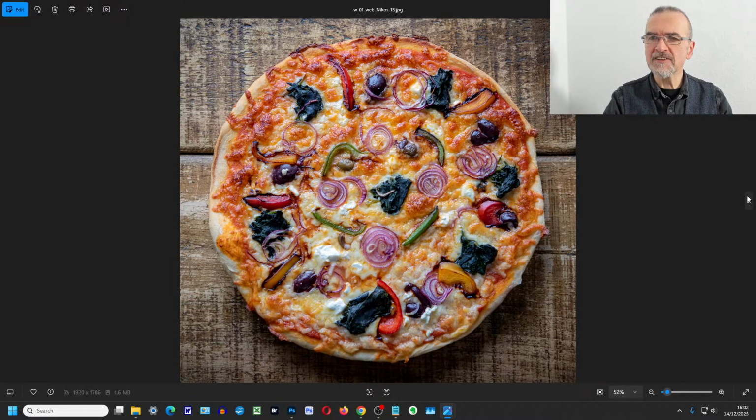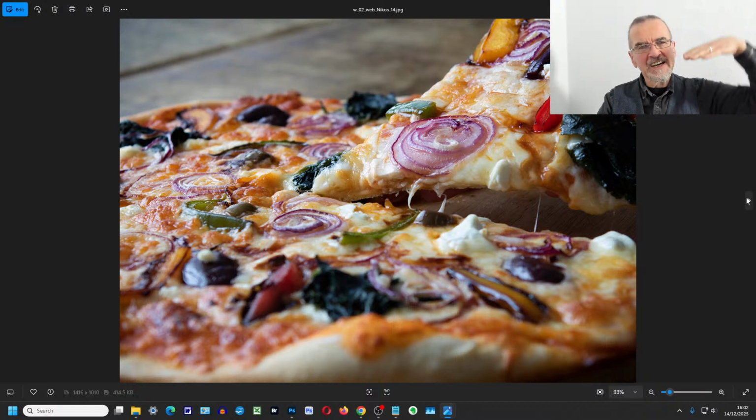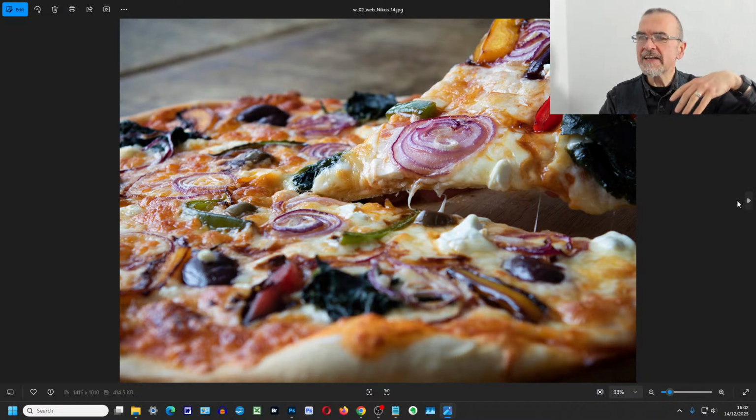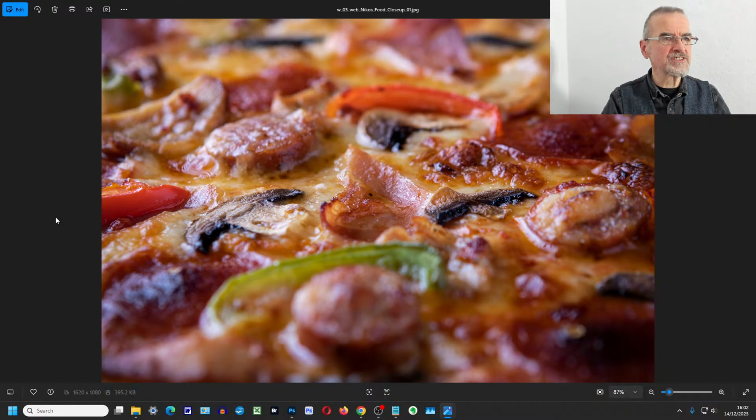So again, go back to the pizza example: get right above, or get in at a fairly low angle to pick out some of the details, or just get really close in that macro way.